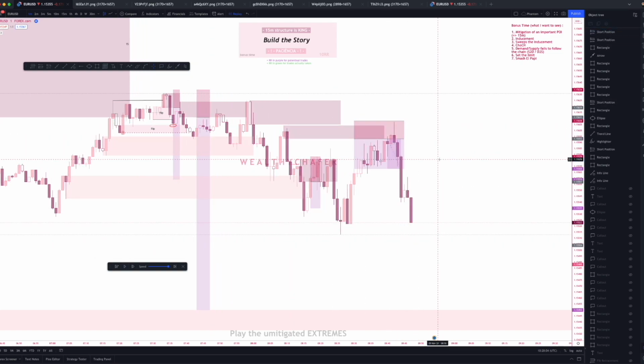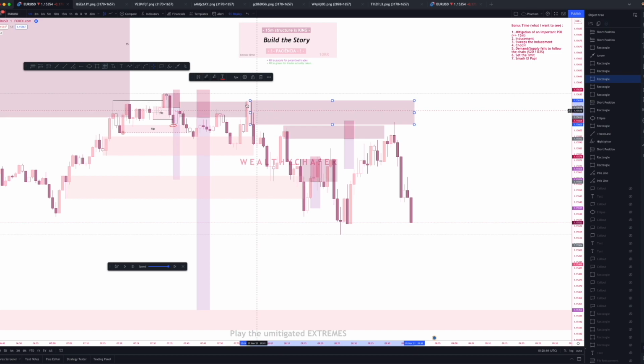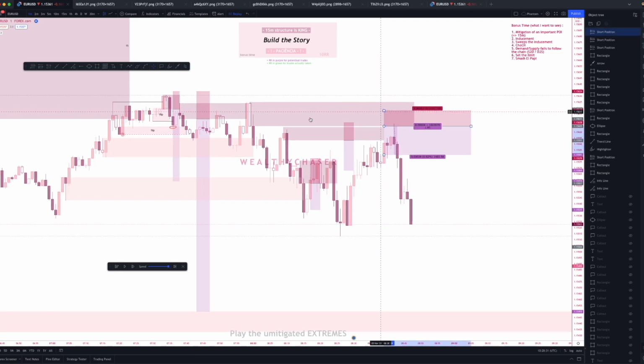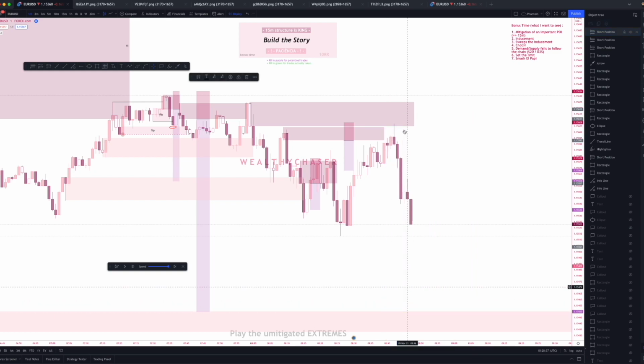If you see closely, the price came to mitigate this extreme over here, that price left unmitigated. I had a 1.5 pip stop loss and that managed to keep me in. But I'm not going to say that this was very, very accurate, because in my opinion price came to mitigate this wick over here, right? That was an unmitigated extreme to then come all the way down. So I was happy that price kept me in.